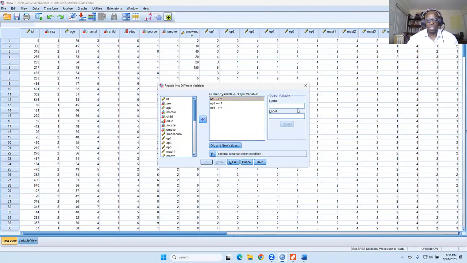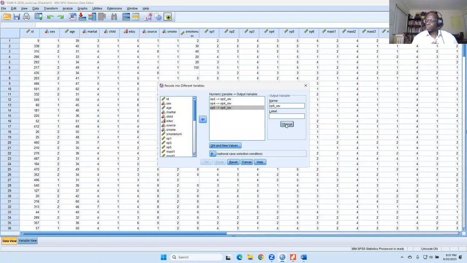We'll call it OP2 underscore REV. That tells us this new variable has been reverse coded. Then the next one, OP4 underscore REV, and OP6 underscore REV. That means reverse code.